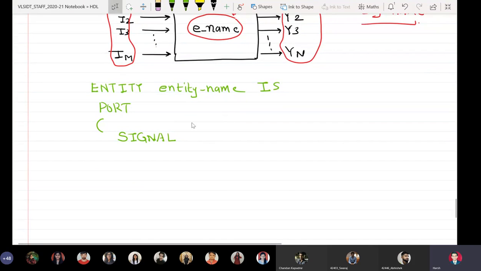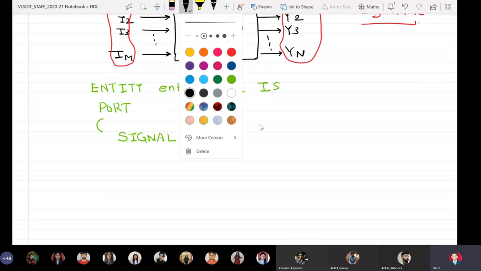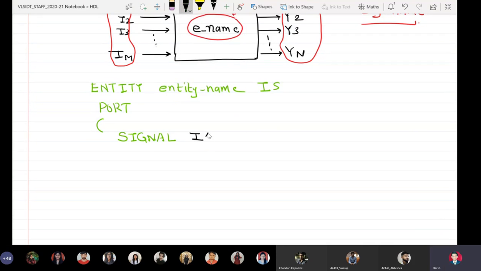It's I1. So I will say signal space signal name colon